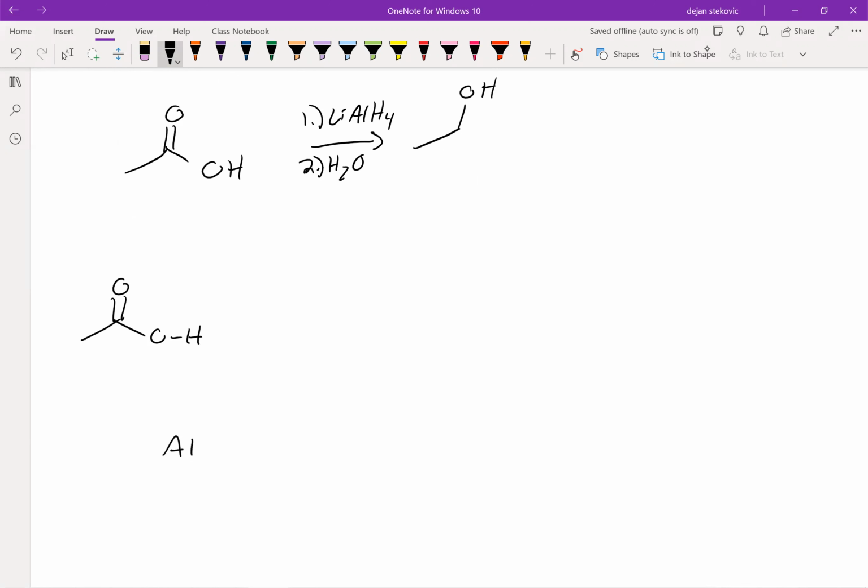So lithium aluminum hydride, along with being a good nucleophile, is also still somewhat of a decent base. And so acid-base reactions are always faster than any other type of reaction. So the first thing that's going to happen here is an acid-base reaction, and we'll end up with a carboxylate. The next part of this mechanism is a little bit weird,